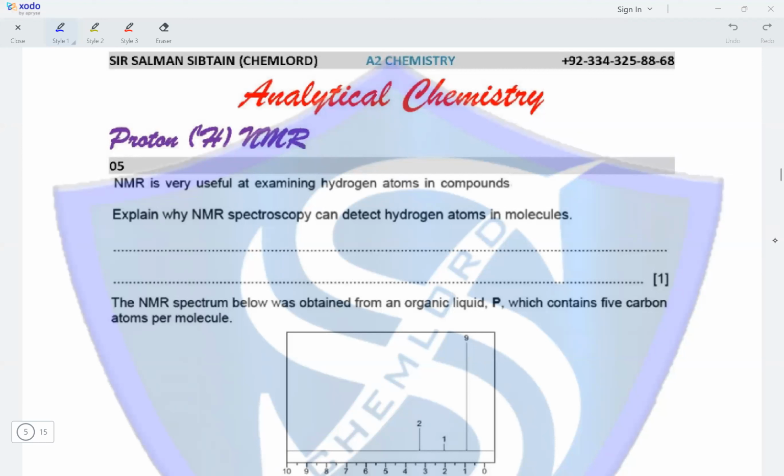Question 5. NMR is very useful at examining hydrogen atoms in compounds. Explain why NMR spectroscopy can detect hydrogen atoms in molecules. So the reason we can actually detect hydrogen atoms using NMR spectroscopy is because of the ability of the nuclei of hydrogen atoms to undergo spin. So due to the property of nuclear spin,